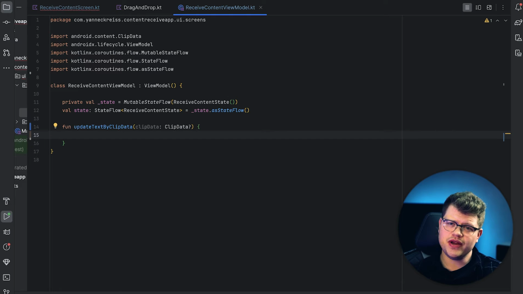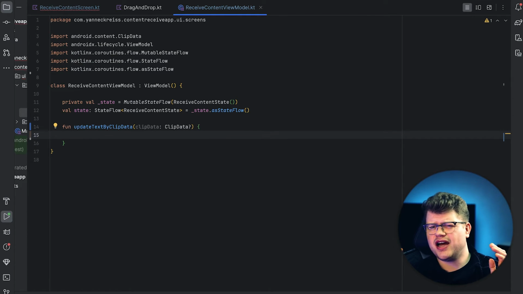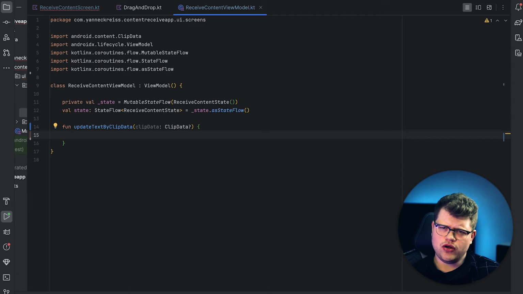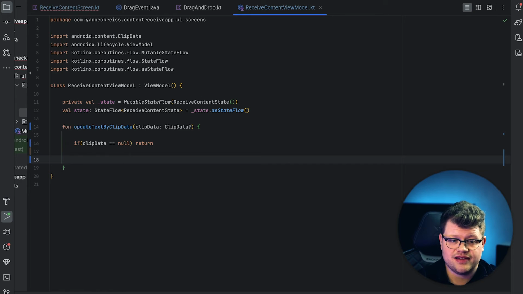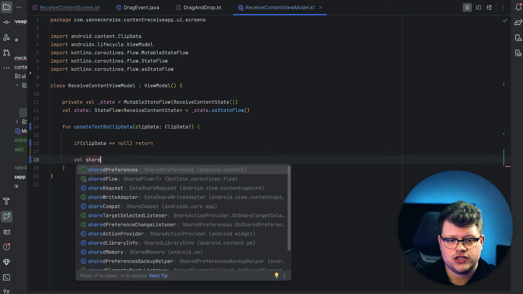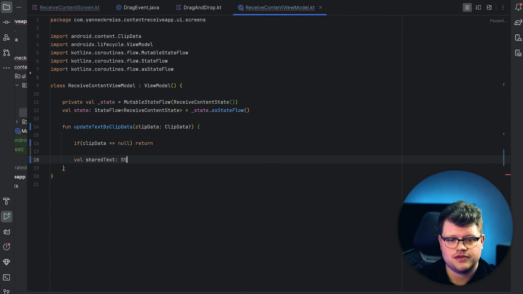So we saw that our sharing app shares only one text to our receiving app. However, maybe other apps share multiple content to our app. For that case, we want to sum up all the text received from this clip data and then update our received content state here. And now we can sum up the text saying shared text of the type string,